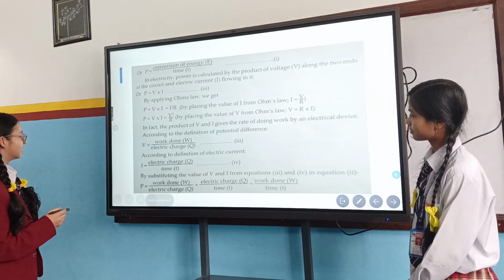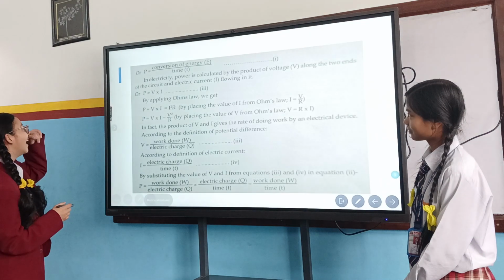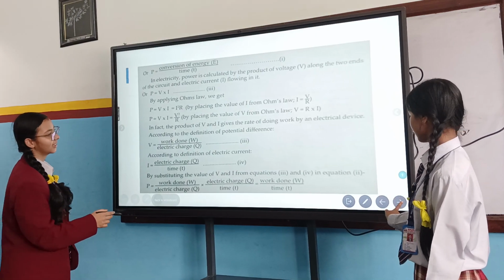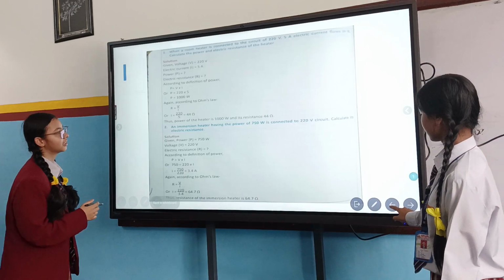This is the formula to calculate power, to calculate. This I will explain. These are some numericals and